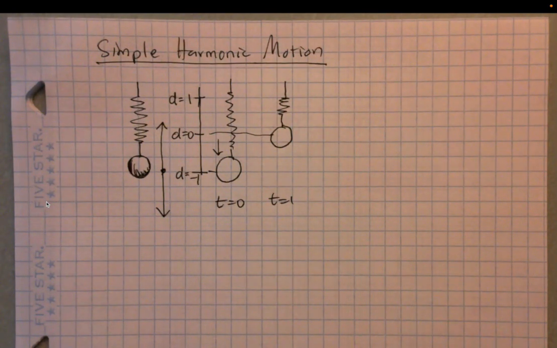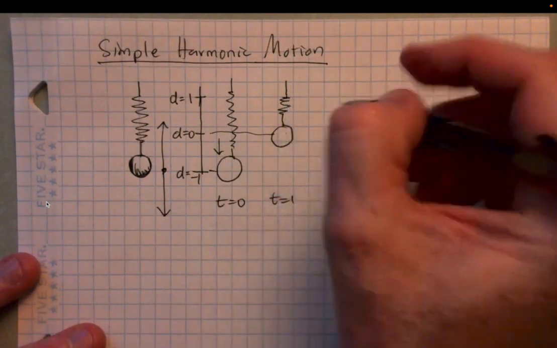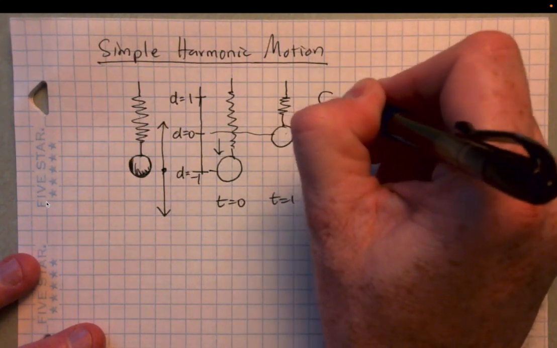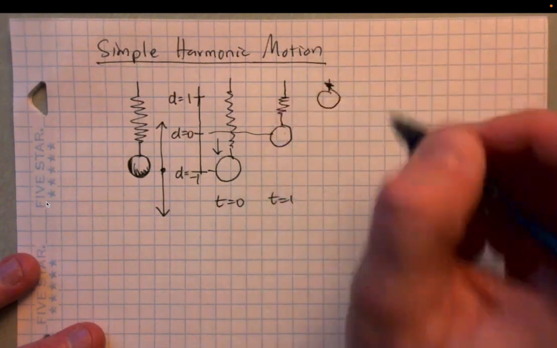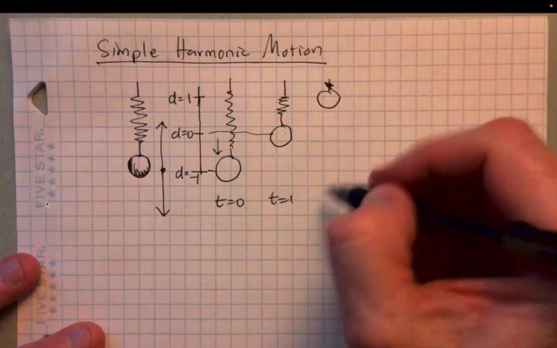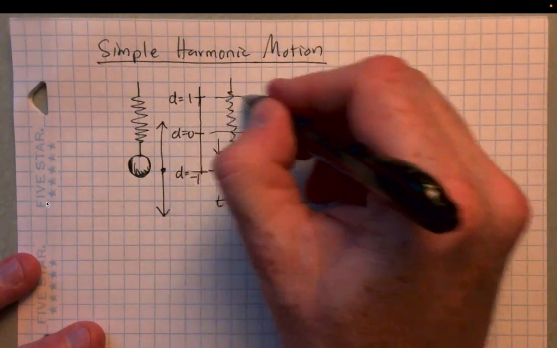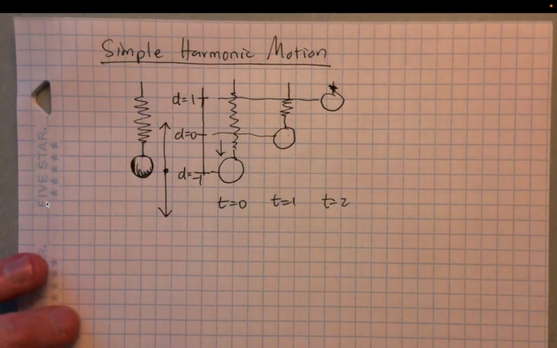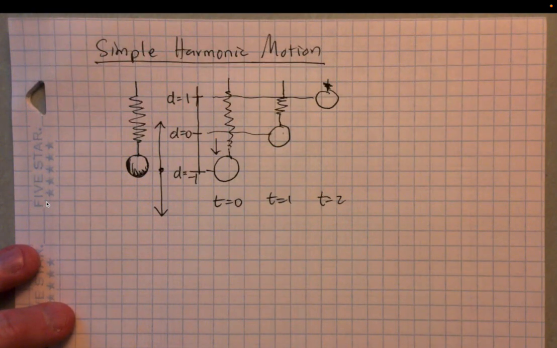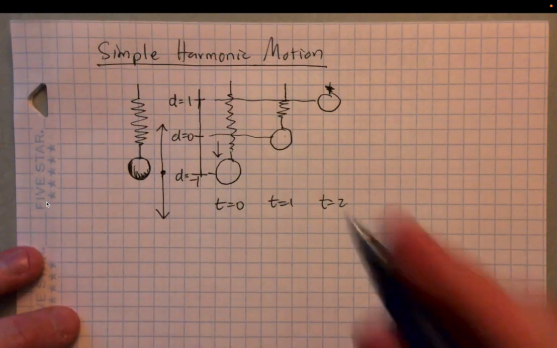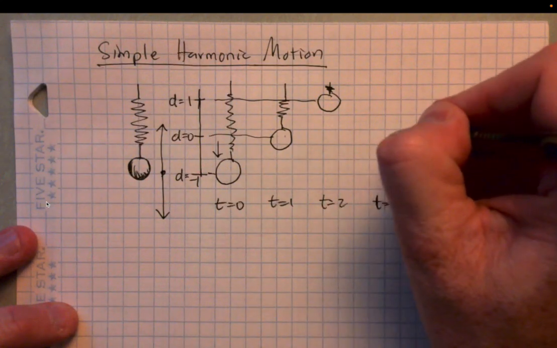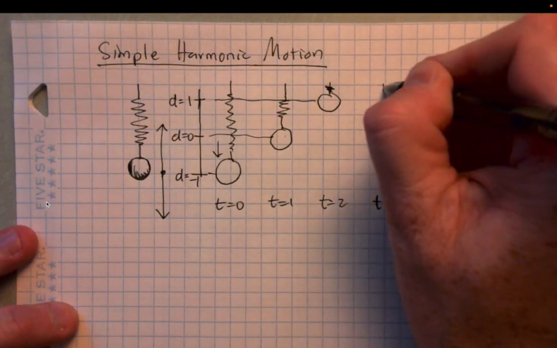But remember, I released it below, so it's shooting up. So it's not going to rest here. It's going to keep going. And maybe at time 2, the ball is all the way up here. It's compressed the spring all the way down, and it is at d equals 1. Well, then what's going to happen next? The ball is all the way at the top, and gravity's going to pull it back down. So maybe at time 3, the ball is back down at its resting position,